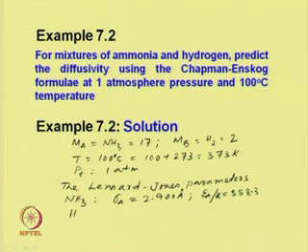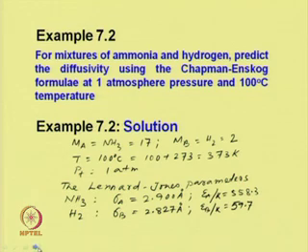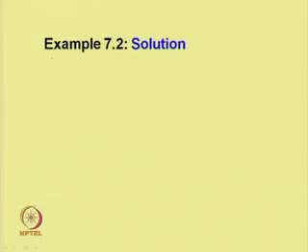And for hydrogen, sigma B is 2.827 angstrom, and epsilon B by K is 59.7. So, using these values for this ammonia hydrogen pair, NH3 which is A and H2 which is B,